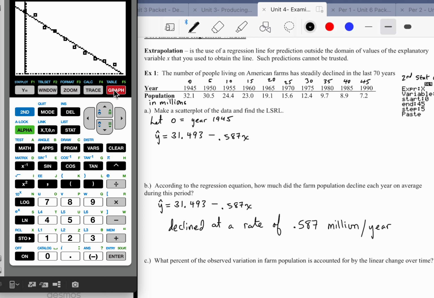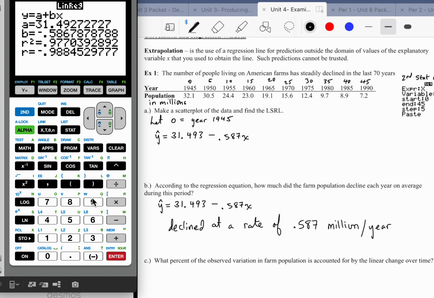The percent of observed variation in farm population that is accounted for by linear change over time, what is that percent? That's the measure of the R-squared value. So I'm just going to run the computation again. 0.977, so 97.7%. And what that's telling us is